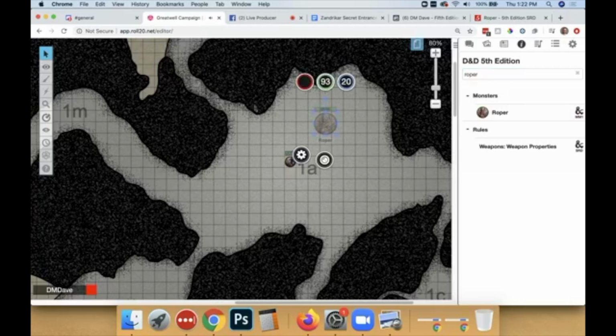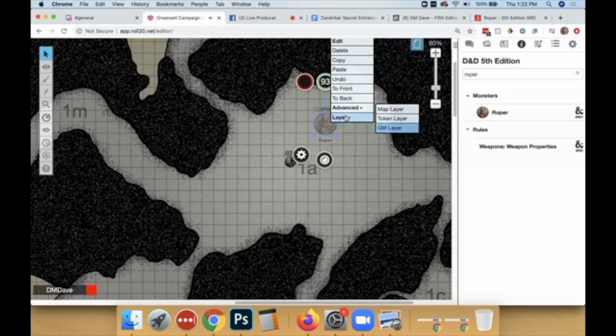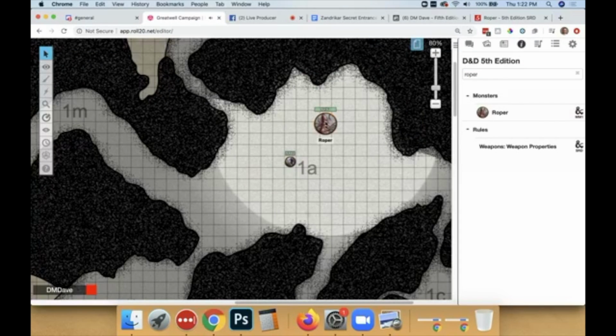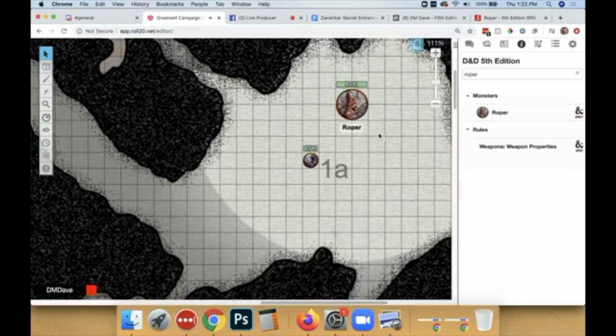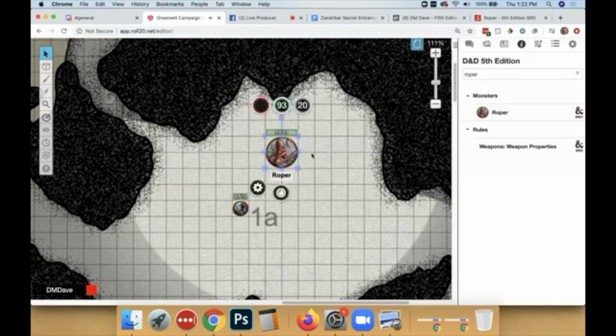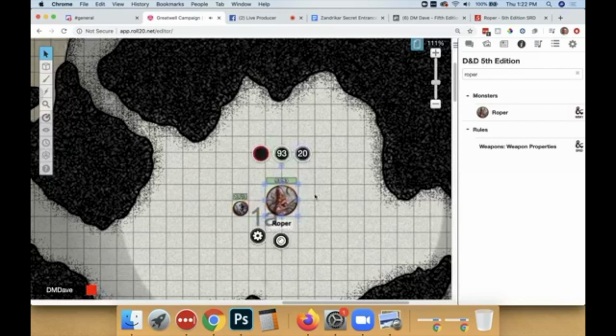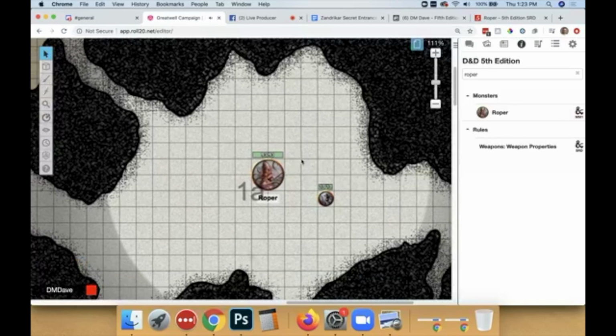If you don't already have the Monster Manual, look, I don't work for Wizards, but the token set you can get for the Monster Manual is super duper useful because it'll give you all this stuff. So let's say I want to be a big old jerk and put a roper right here. If they're sailing in on a rowboat, there's a roper on the ceiling. We'll say this cavern has